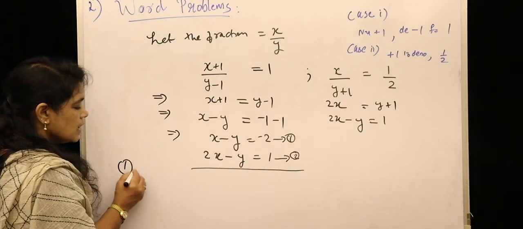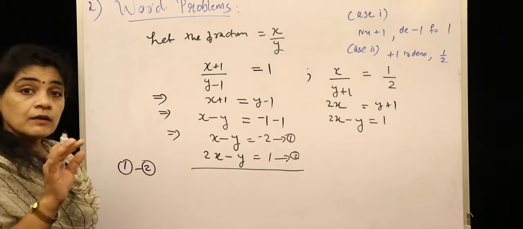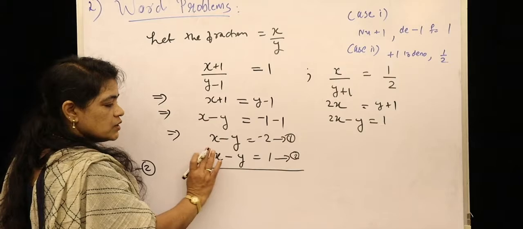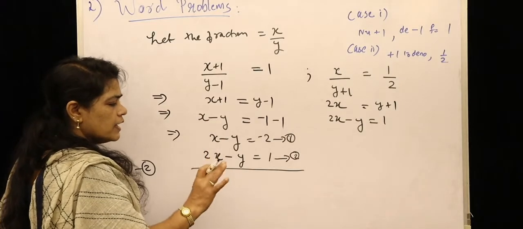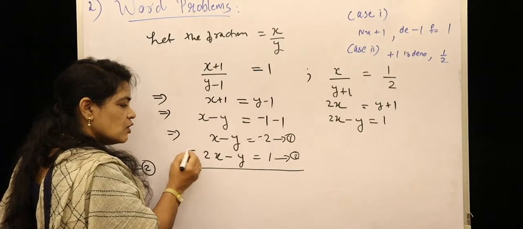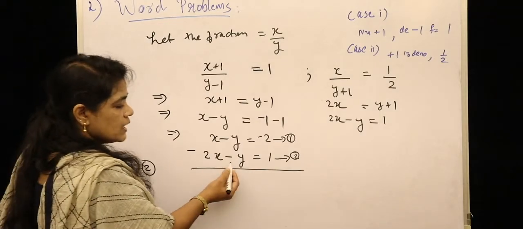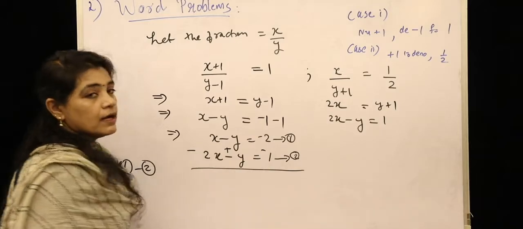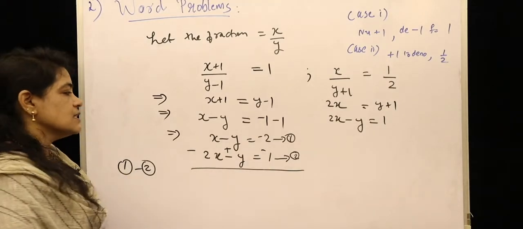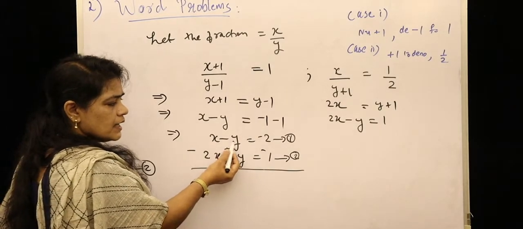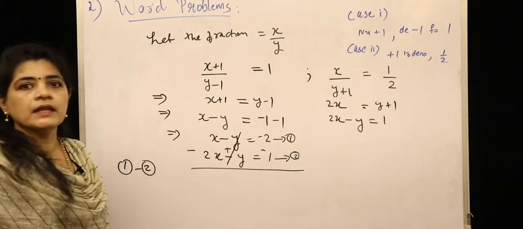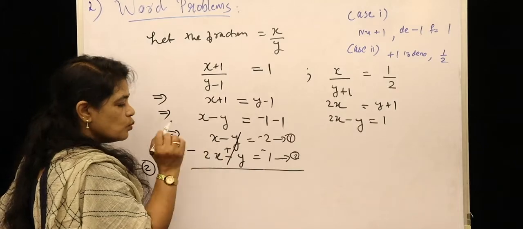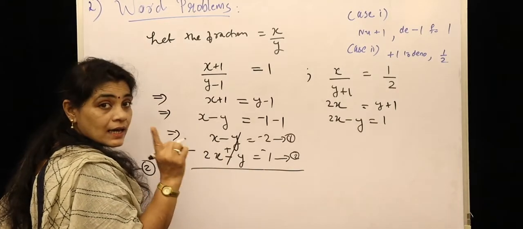That is equation 1 minus equation 2. It is not compulsory to always eliminate the variable x first. I am not making any change by multiplying or dividing. I am just changing the sign of the second equation. So minus y becomes plus y, and this plus 1 becomes minus 1 after changing the sign. Now see children, minus y plus y, that term gets eliminated. Here the coefficient of x is positive 1, so 1 minus 2 is minus 1.